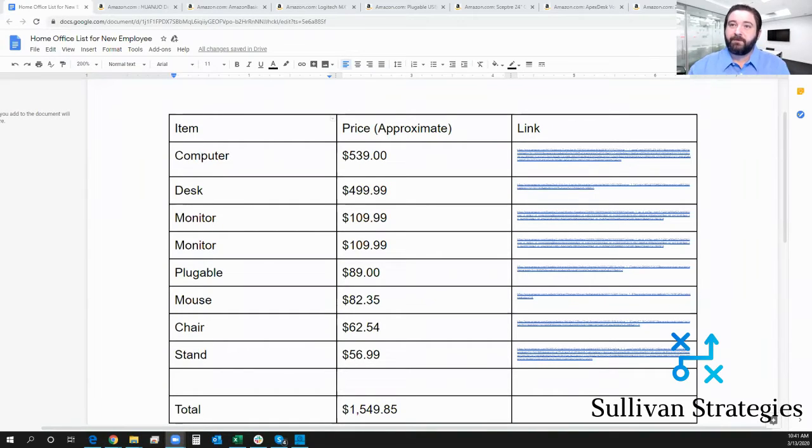All right, what you're looking at right now is the list that Sullivan Strategies uses when a new employee comes on board. Roughly about $1,500 to get them just a fantastic workstation. So we're going to jump through each of these individual items, talk about them real quick, talk about the value and the logic behind why we think this is important. So first thing,